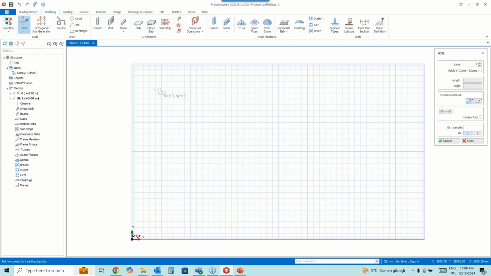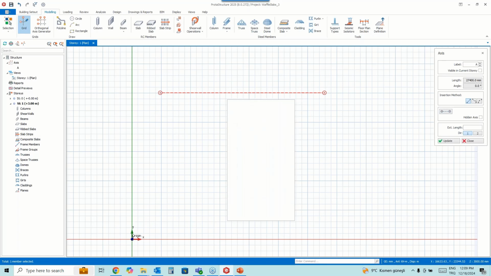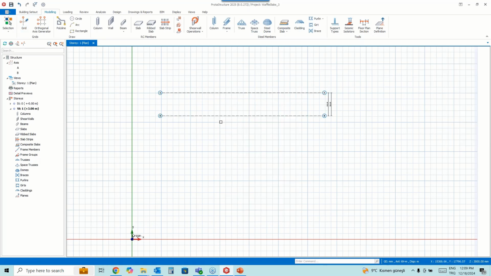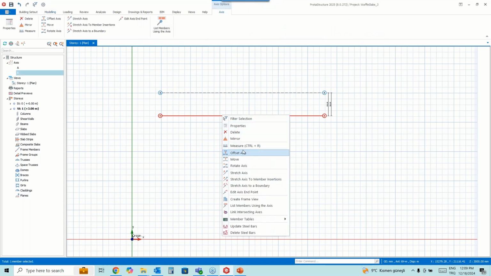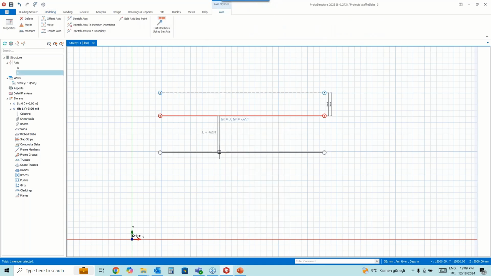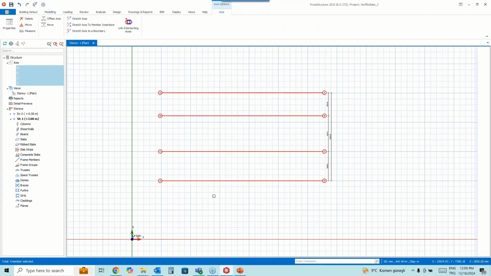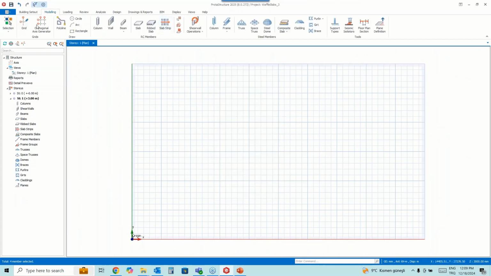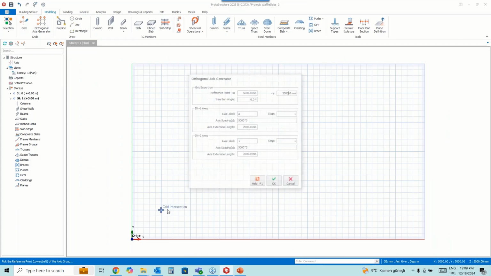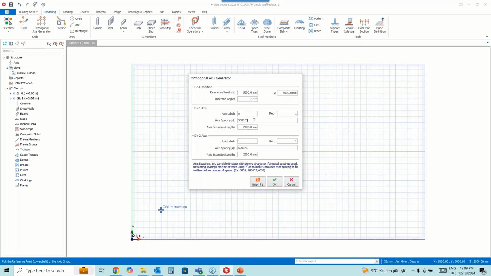For example, you can just create a grid system, do multiple offsets like this, and snap to the grids as well. So you can create grids like this, or you can simply use the third method, the orthogonal axis generator method, and we can snap to the grid intersection. So I'm going to use this option.